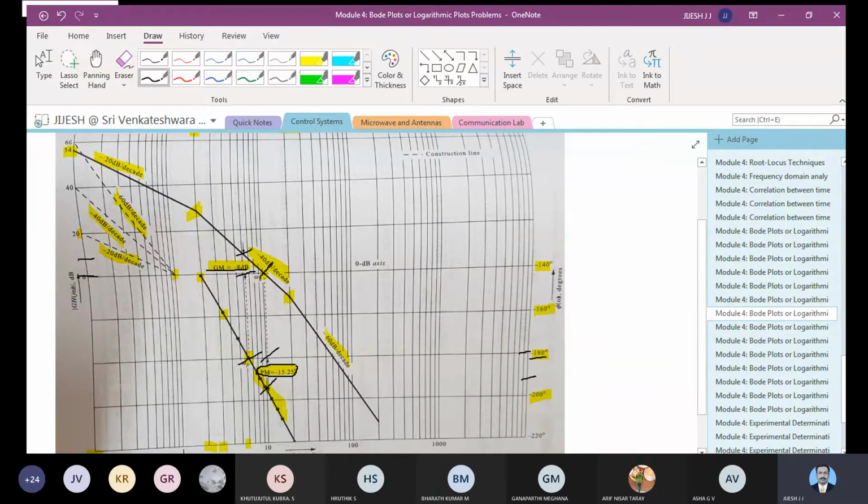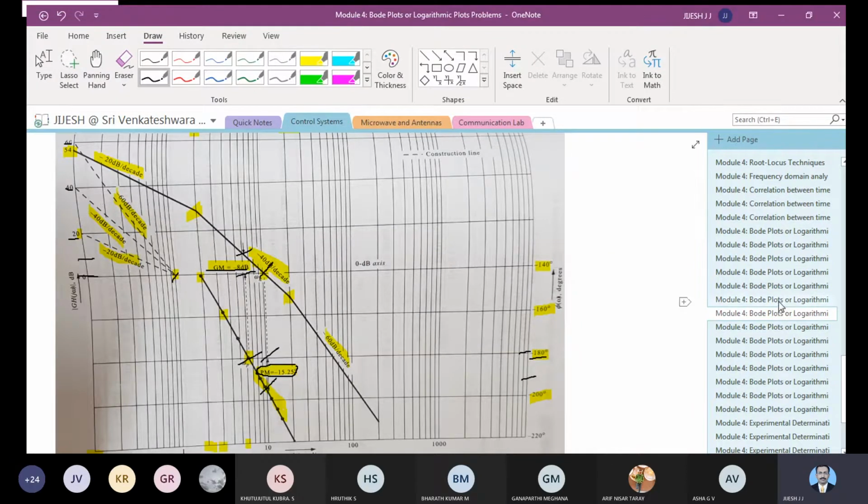When you are drawing a slope here, it should be parallel to this reference line. If you are taking 40 dB, this line should be parallel to the 40 dB reference line. If you are taking 60 dB, it has to be parallel to the 60 dB reference line. So how are these reference lines plotted? You take 20, 40 and 60 on the axis, and the point you take is 1. From here you put dotted lines, and you will get these three slopes. That is what you have to do.